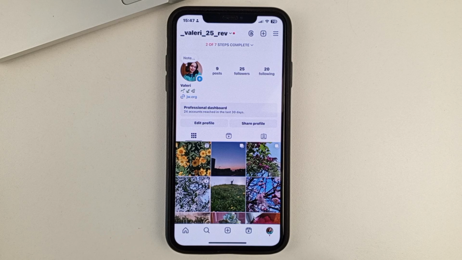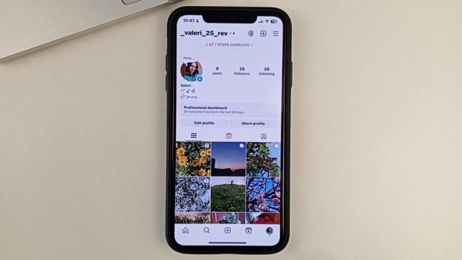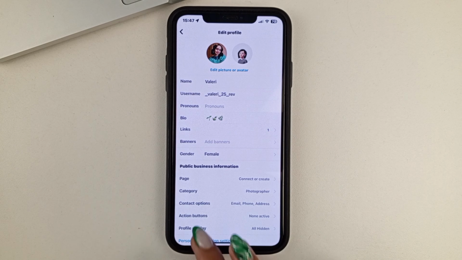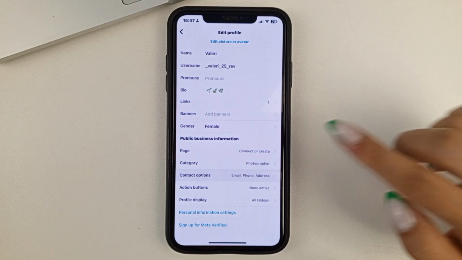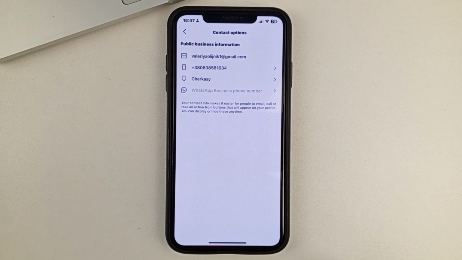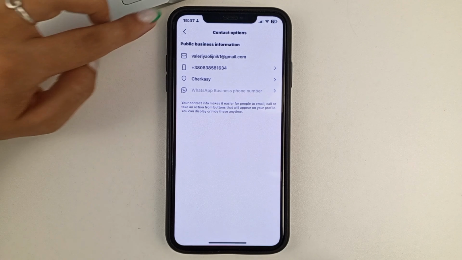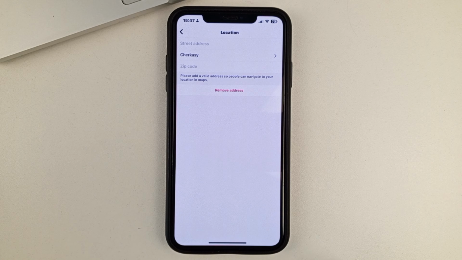And right after you create a business account, you'll see that you'll have a little professional panel like this. And here, let's say if you move or at some point you decide to change, for example, your region or location, then you'll need to click Edit Profile, swipe down, and select contact information. And here, friends, you'll also be able to find your already specified geolocation or city. And you can click on it and then change it to some other city and region. This is the way, friends, you will be able to change your location, region, or your country on Instagram.